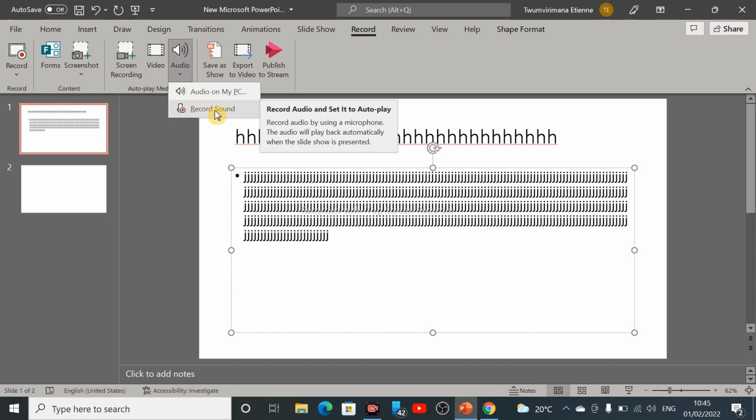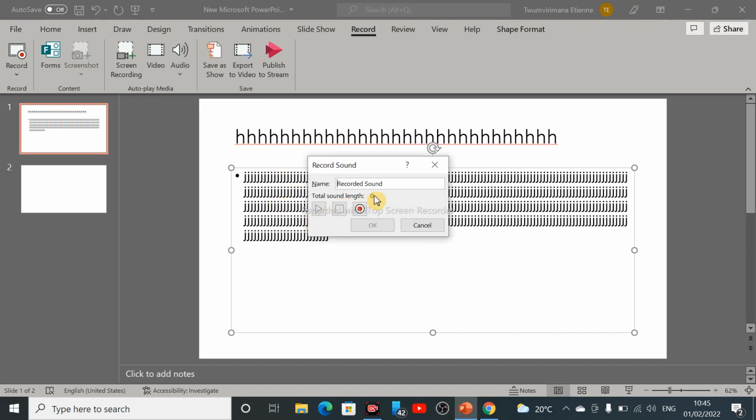Once you want to record what you have on your slide, you click on record sound, and you give a name to this recording. We just call it explanations, so that everybody can just click on the audio and start listening to the explanations of what is on the slide. And after that, you click on the recording here,